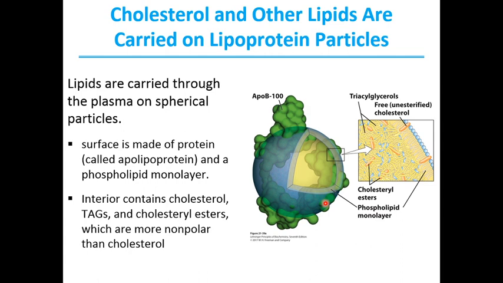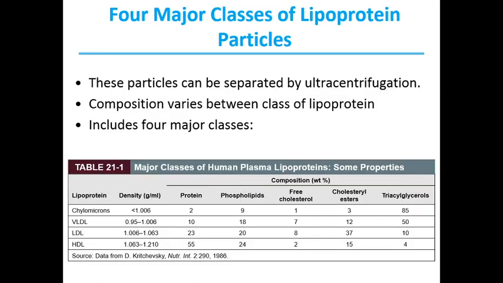Different combinations of lipids and proteins produce lipoprotein particles of varying densities, ranging from chylomicrons to high density lipoproteins. There are four major classes of lipoprotein particles, and these particles can be separated by ultracentrifugation, and their composition varies between classes of lipoprotein. For example,